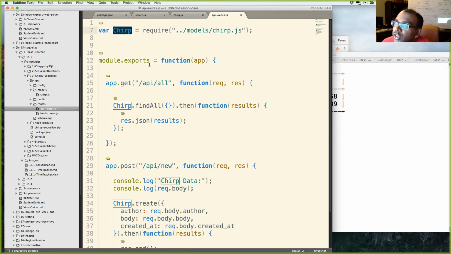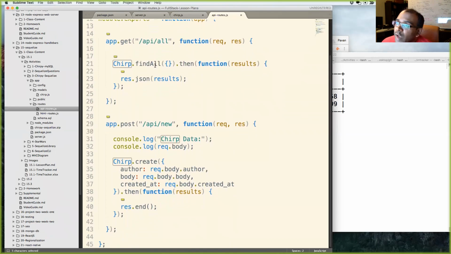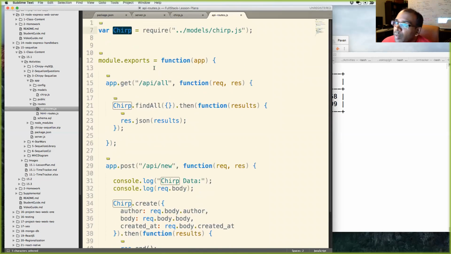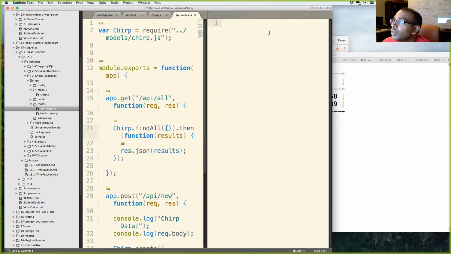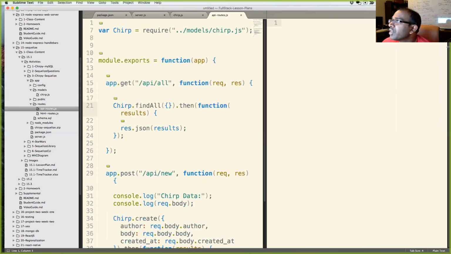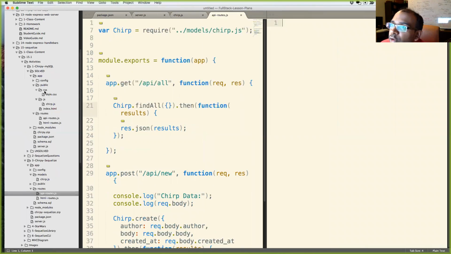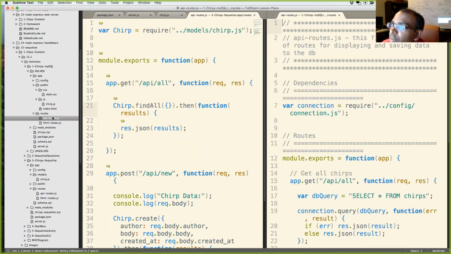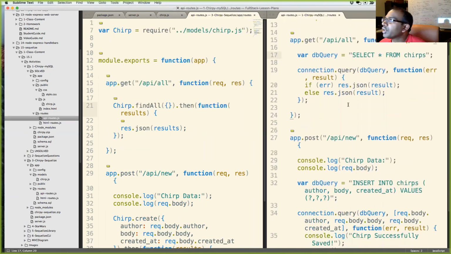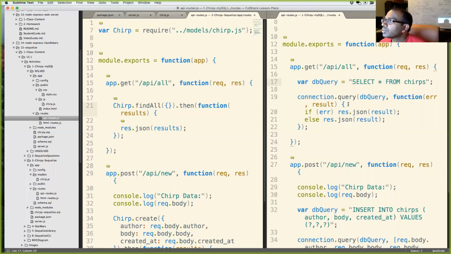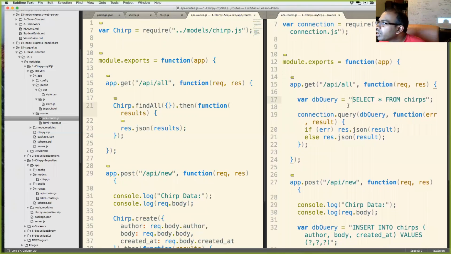And then in this route, it's very similar to before, but instead of a select star, let me actually bring over the API routes from before. So if we look over here, okay, here we go.